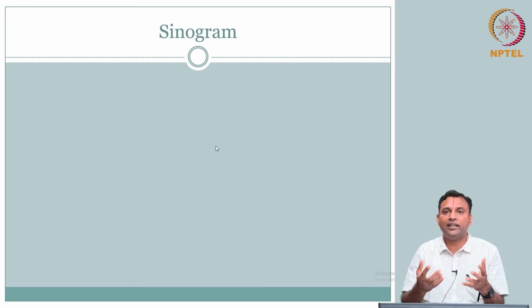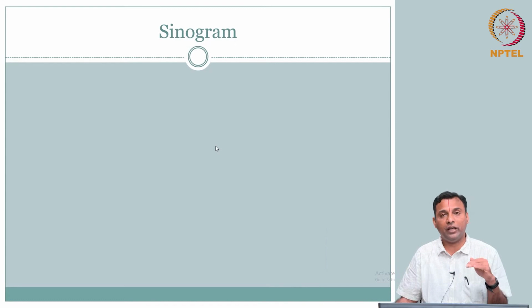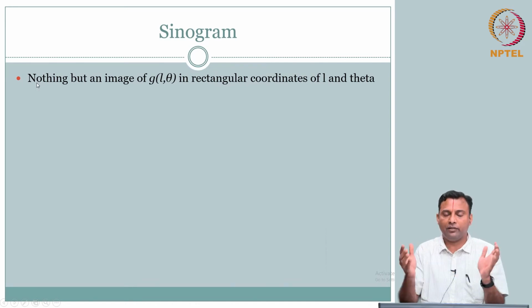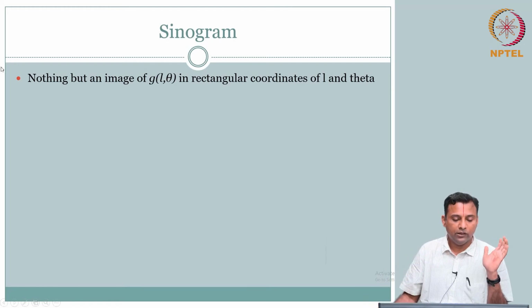Can I organize the data that we have collected in some form, so that at least we can see some information from that before we actually do brute force reconstruction? Okay. What we get is called a sinogram. What is a sinogram? It is raw data, the data before any other processing and reconstruction, the data that you have collected, which is the line integrals. So, it is nothing but an image of g(L, theta)